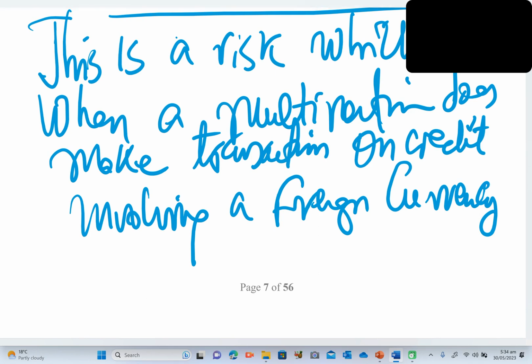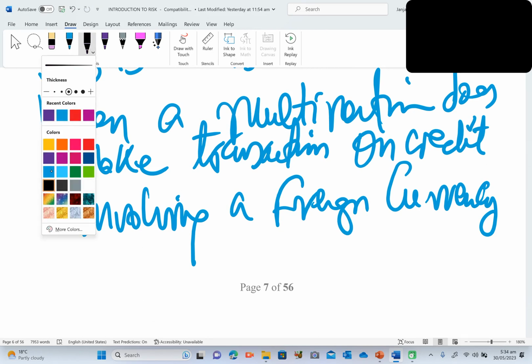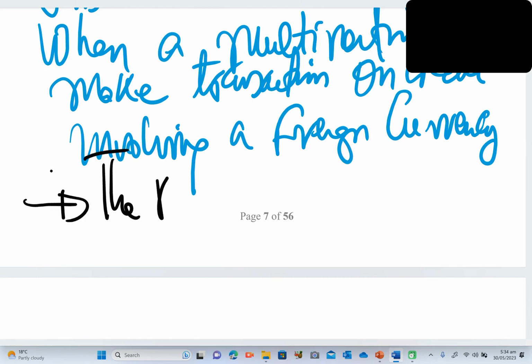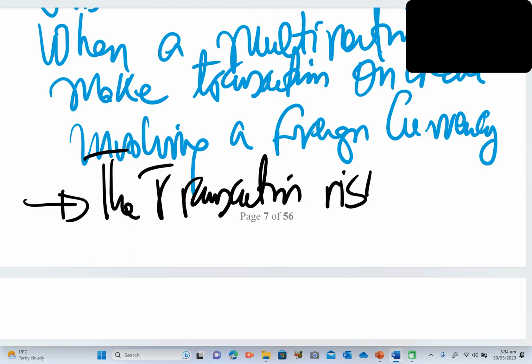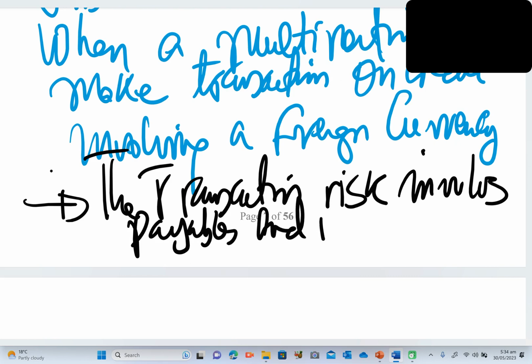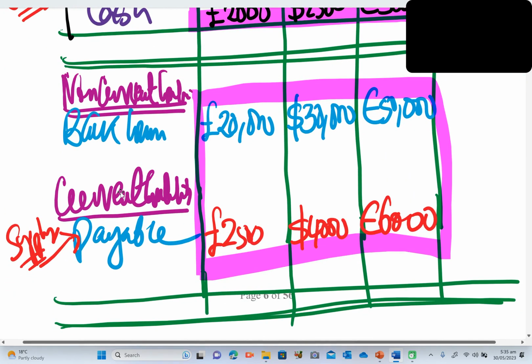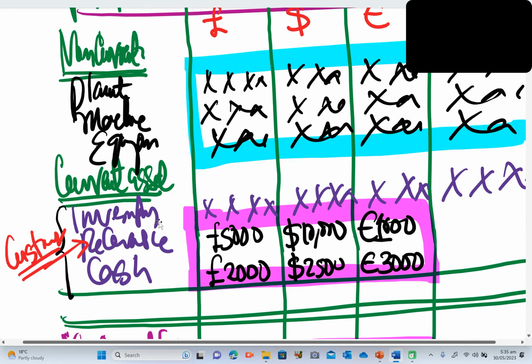Now, at this ground, we're saying the transaction risk involves payables and what? Receivables. It's a trick. The transaction risk involves payables and what? Receivables. That is the fact, I repeat. Transaction risk involves payables and receivables in foreign currency. When you have a payable in foreign currency, there is a risk. If you don't have this payable in the balance sheet, no risk. Again, when there is a receivable,